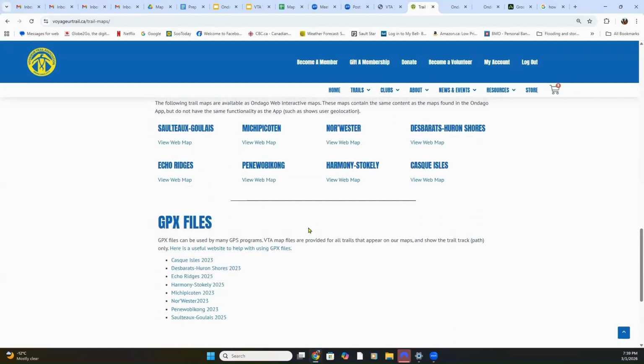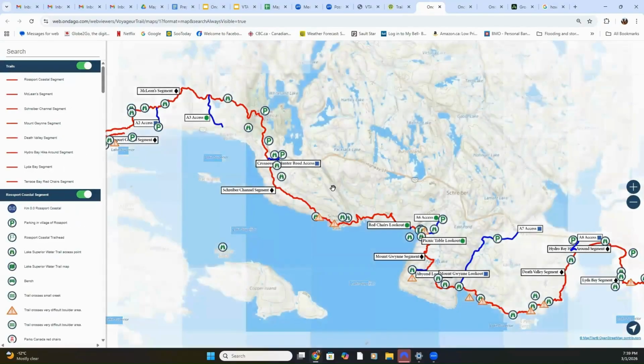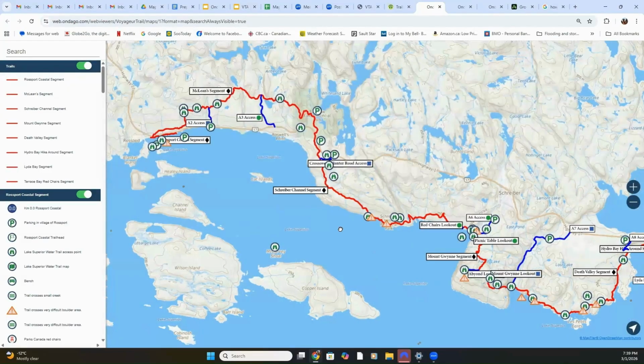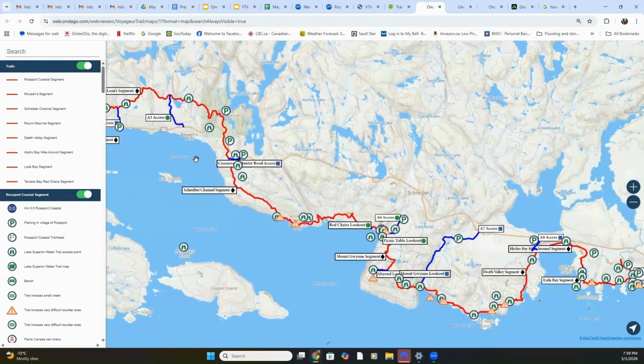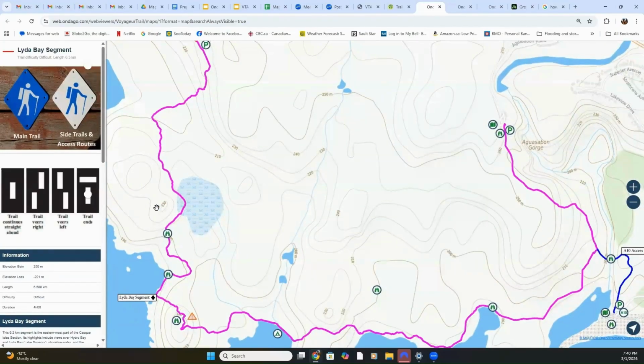I'm going to just jump to one of these web maps. If you click on the web map, it'll come up with that particular section. This is the Cascade, and the opening shows almost the whole thing on one screen, and you're able to zoom in at that point. There's a menu here on the right that shows you the various trail sections, and you can click on one of those and it'll take you right to that section. Then there'll be a description down below,